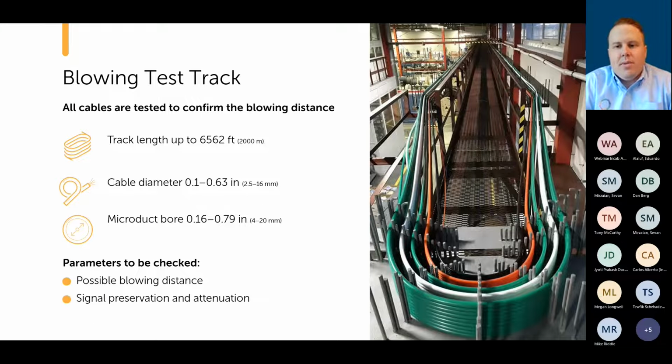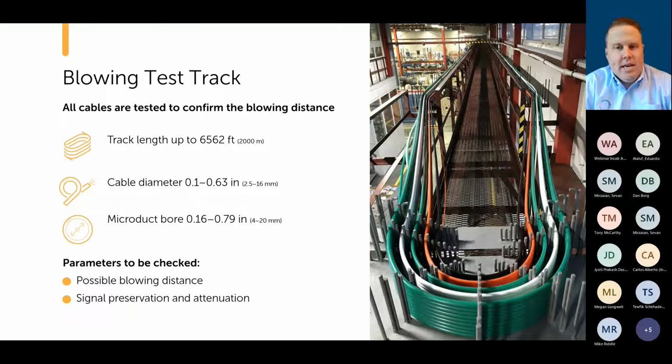So we've got here, when we're talking about the different configurations in terms of the cable diameters, the duct diameters. So really cool. It's a great picture of a blown in cable test track. And really here's what we're looking at is how far can we get these cables to go? You've got the track length up to about 6,500 feet. And all we're doing here is looking at, okay, with outer diameter of the cable, with an X diameter inner